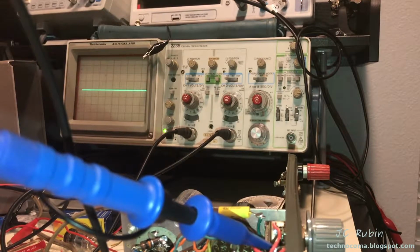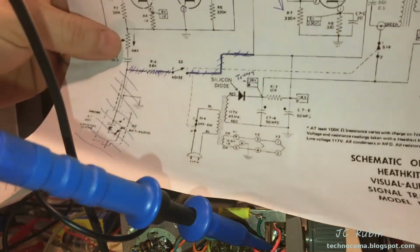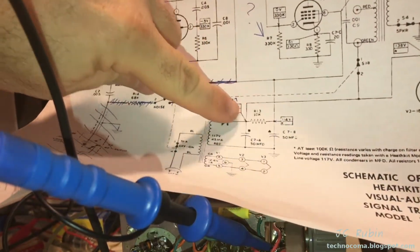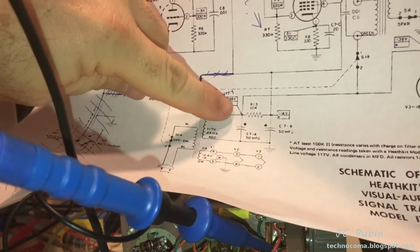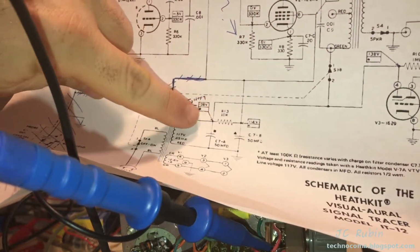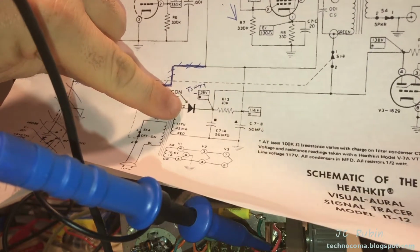And if I go and look at this diagram right here, I'm running off of this 114 volt drop after this 10K. I have the option, should I so choose, to run off this 138, which catches it right off of this rectifier right here. That 138